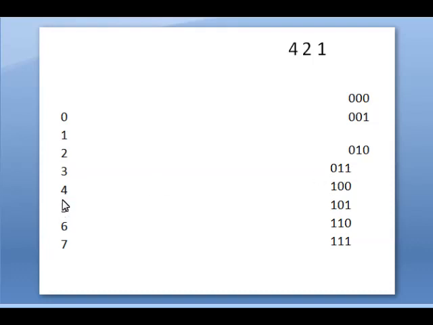4 means the 4 is here, so it will become 1 and all the other 2 digits become 0. 5 means 4 plus 1 is 5. So in the 4th place and 1's place you have to put 1, and in the 2's place it is 0. 6 means when we add 4 plus 2 it is 6. So in the 4th place and 2's place we put 1, and in the 1's place it is 0. 7 means 4 plus 2 plus 1 is 7. So you have to write all the 3 digits 1.